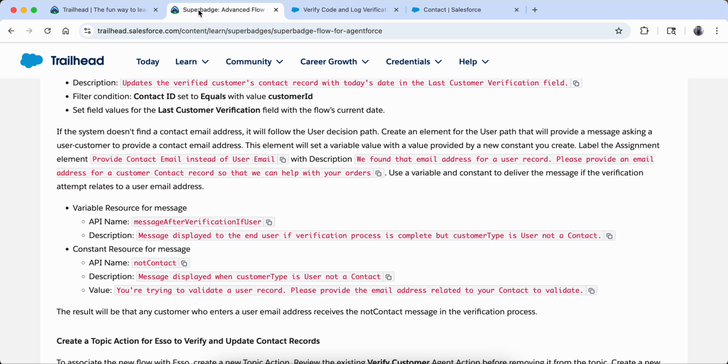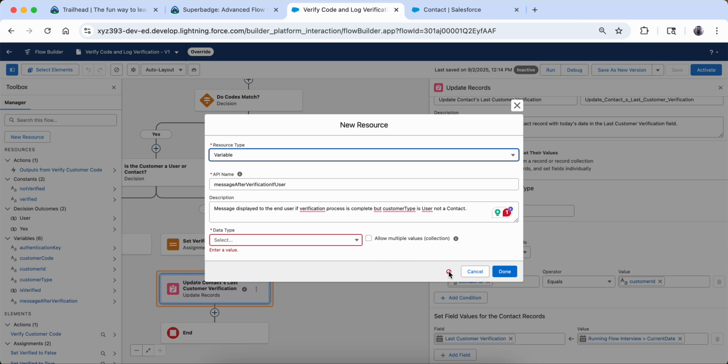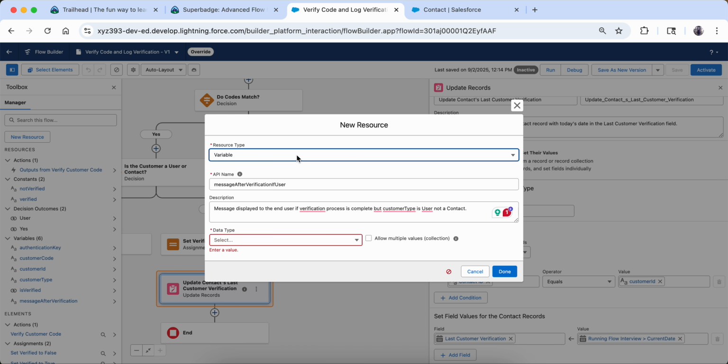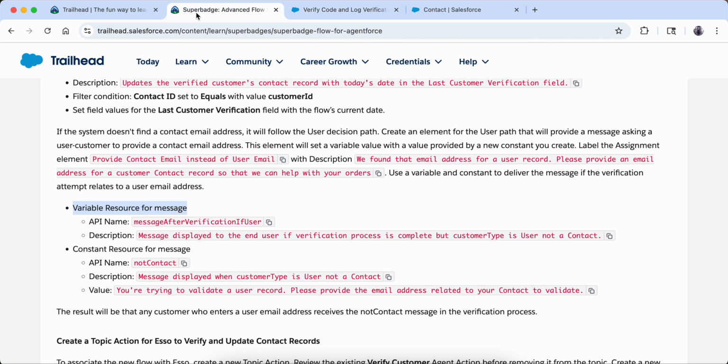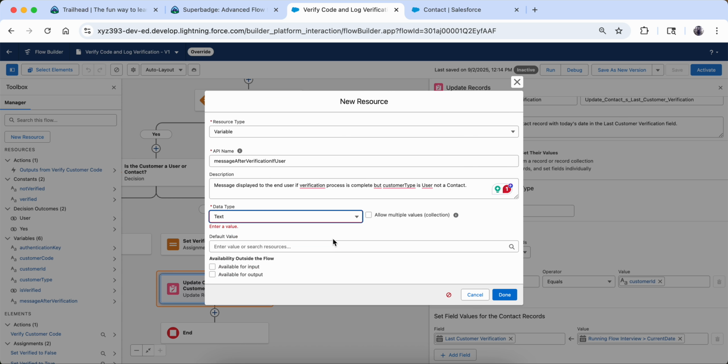Data type they are asking. Variable resource for message. So I will select the data type as text because this is message, right?